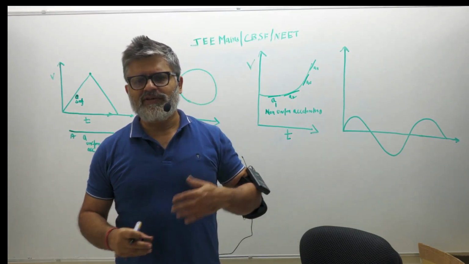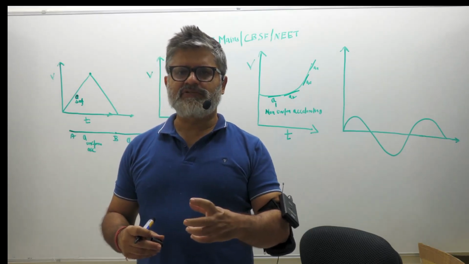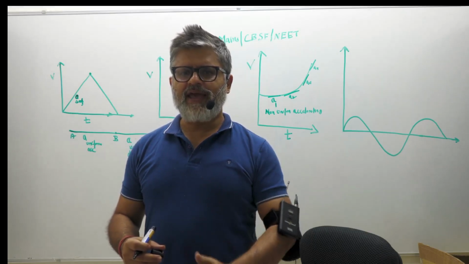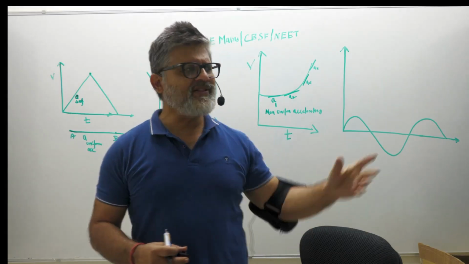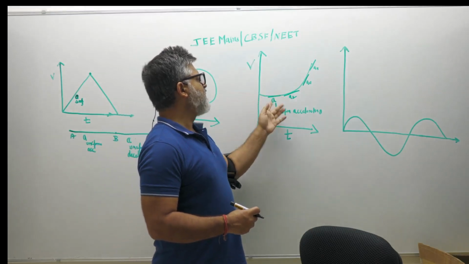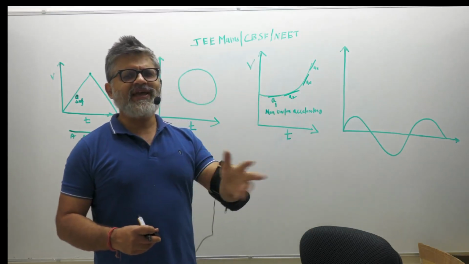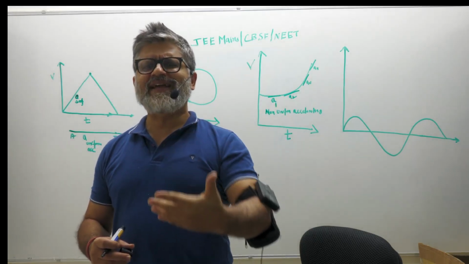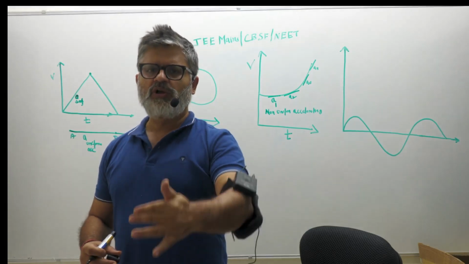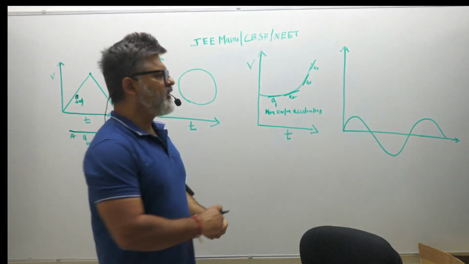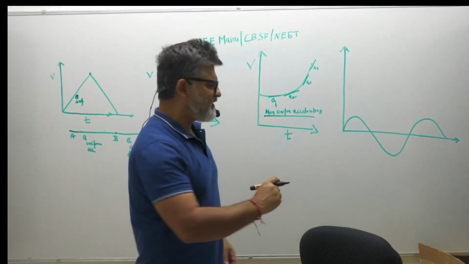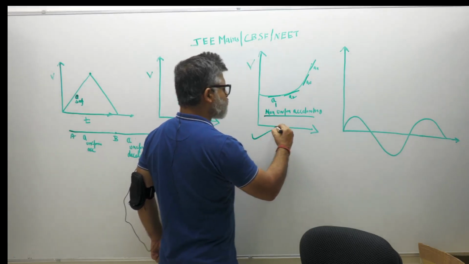In our day-to-day motion, for example, if we drive a car or cycle or a bike, we increase the speed, then the brake comes because people come in front of us. There is a red light. Again, we increase the speed. So it's a case where the person is gradually accelerating, but the acceleration is not fixed. It is like a cyclist in a race, initially slow, increases, reaches the peak. So this is the case of non-uniform acceleration. You can have it in one dimension. Nothing wrong, so I find this to be correct.